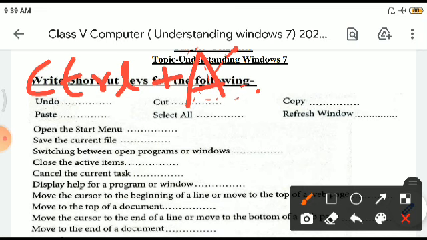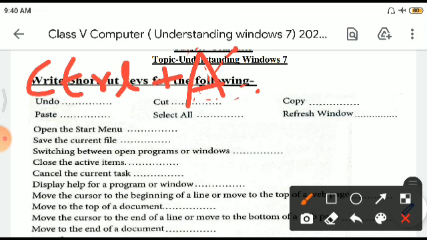Get it very straight. If you press control first, do not leave it, keep it pressed and then press A. The moment you leave it, only alphabet A will appear on the screen. Unless these two keys are pressed simultaneously, the operation of select all will not happen.